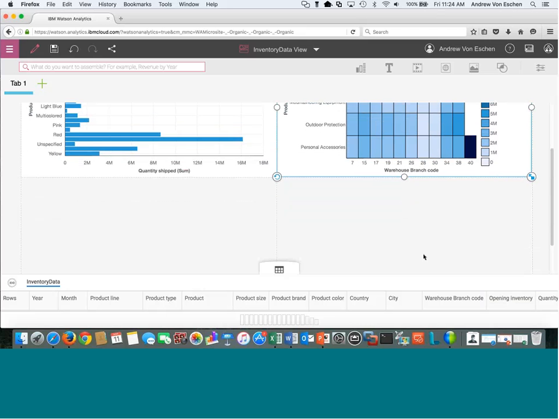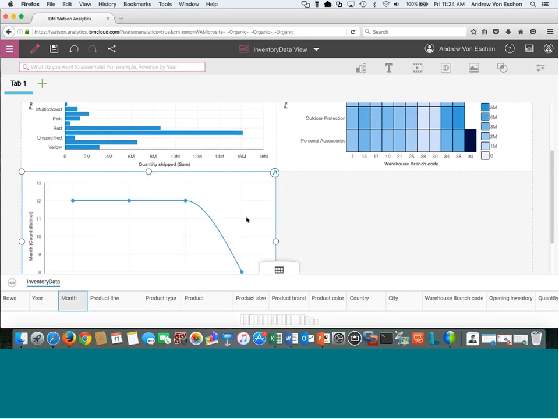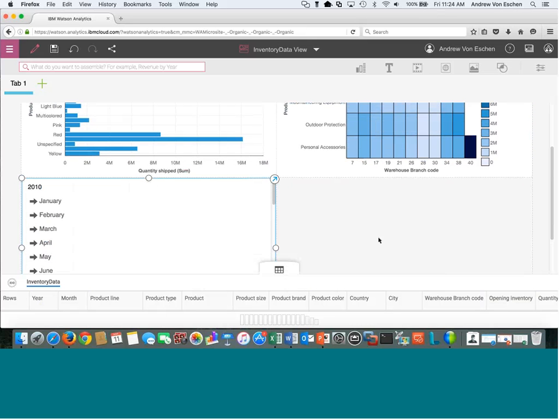But I also want to have the ability to pull a couple items and be able to slice and dice. So I might just drag in my year and a month, right, and build out a natural hierarchy. Now, that actually took it and built a chart, but I just want to make this a hierarchy so I can start to interact with that data and slice and dice and watch things update.